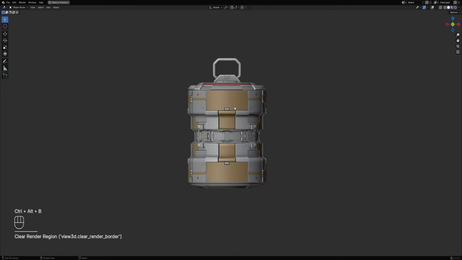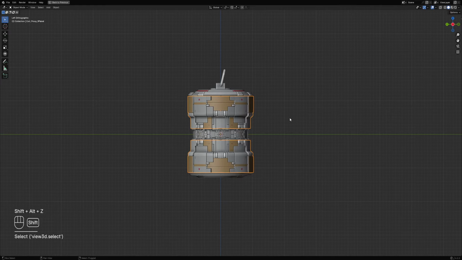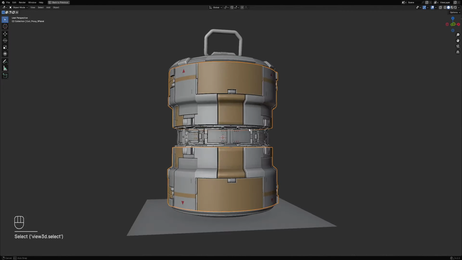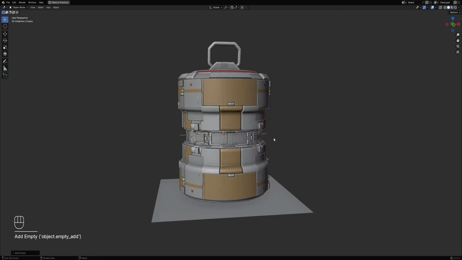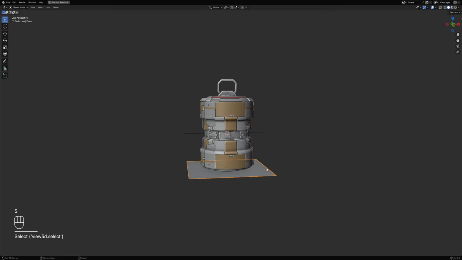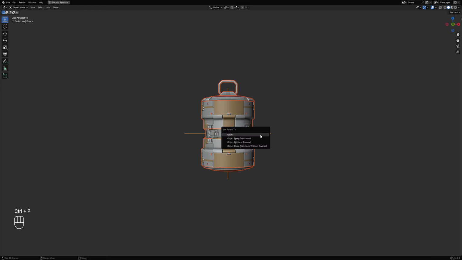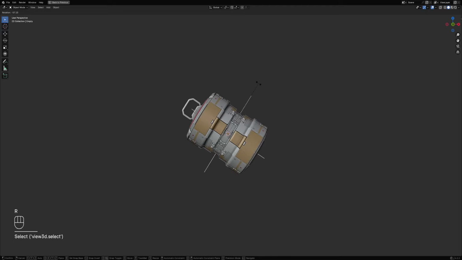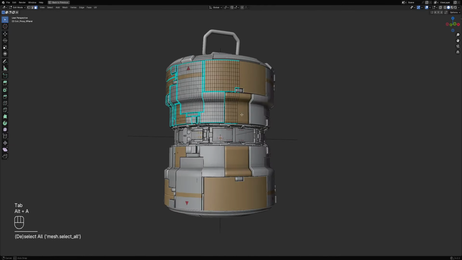Now, in order to move this as one, make sure that the 3D cursor is at the center and then add an empty. Select all the objects that are connected to the grenade design and then select the empty last to make it the active object, and set parent to object. I can move it like that. And all you have to do is